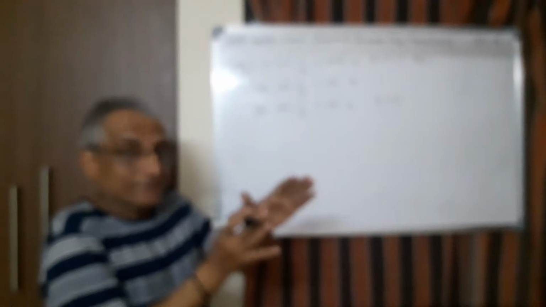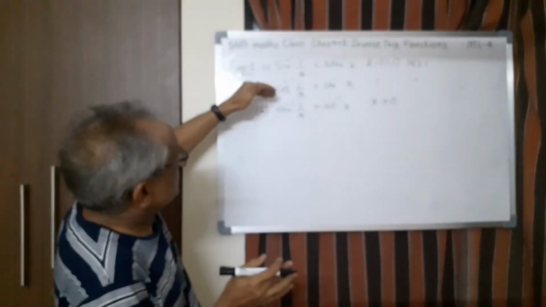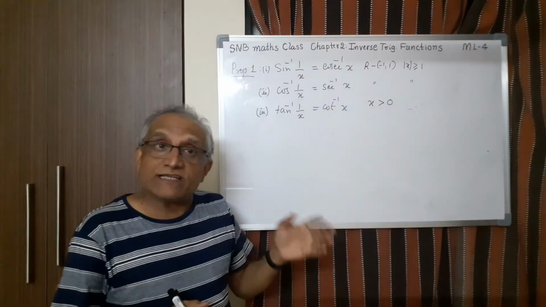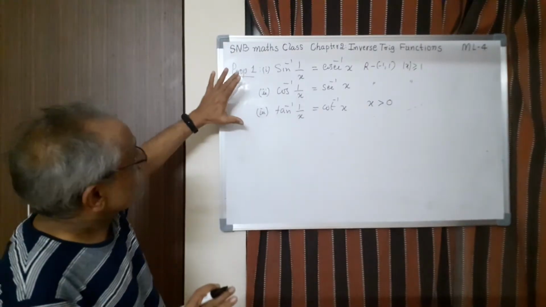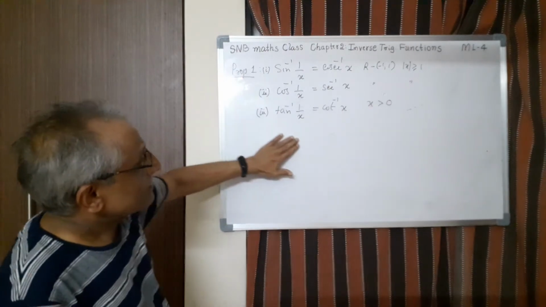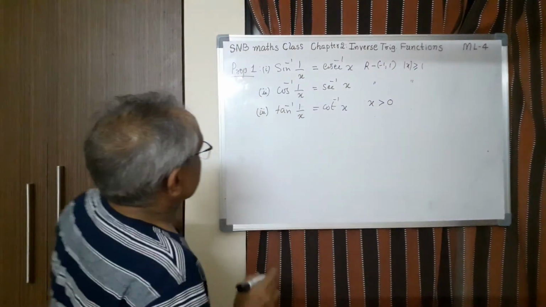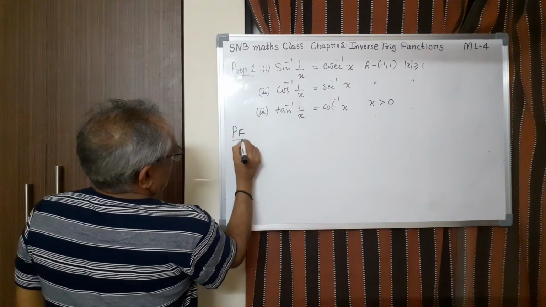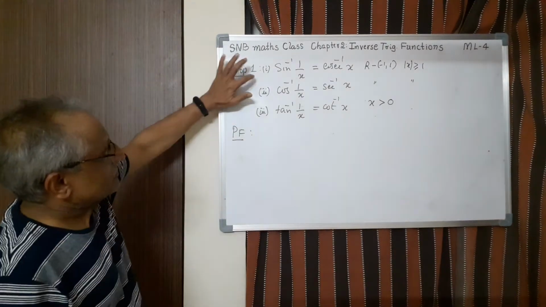And remember, properties should be remembered as a set. You don't write property 1, 2, 3, 4, etc. It will be totally 15 or 16 properties. Very confusing. If you understand them together, it is very easy. So this is the first set of properties. So we can prove them. Let us prove a few of them. Similar questions you can also try. So let me take the first one.